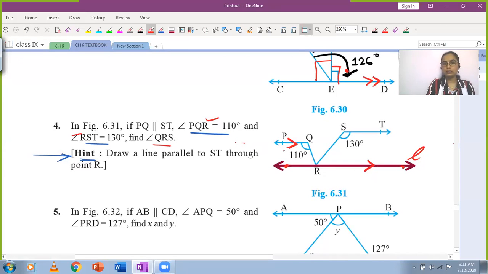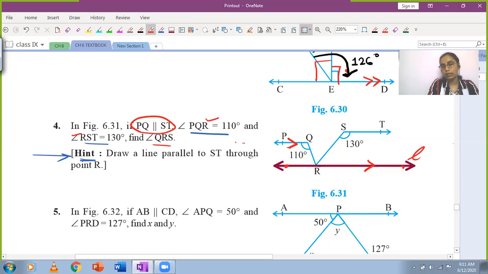Any of the two lines in the pair. The line which you are going to construct through R can be considered parallel to one of these two in the pair, either parallel to PQ or parallel to ST, and it will automatically be parallel to the other line. This is something you would need to write down in construction.